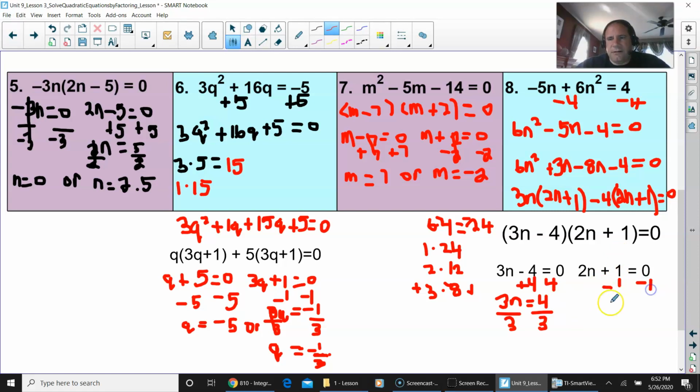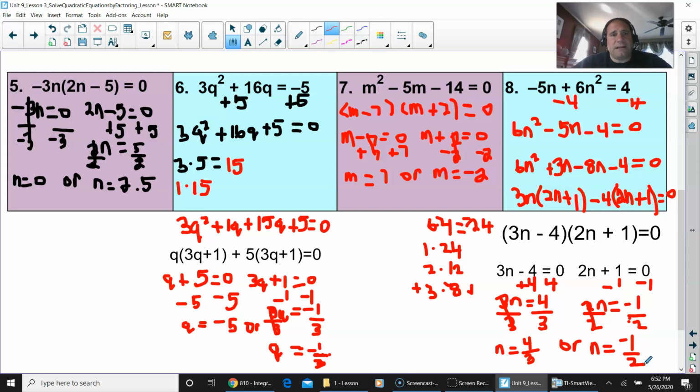And just like I'm doing here, I'm pretty sure this is the easy part. 2n equals negative 1. You divide by 2 on both sides, and you get, for this one here on the left side, depends on which way you solved it, it's 4 over 3. Or 2's cancel out, and you have n equals negative a half. And those are your roots,